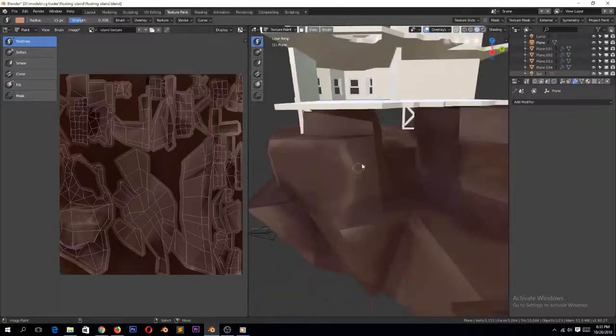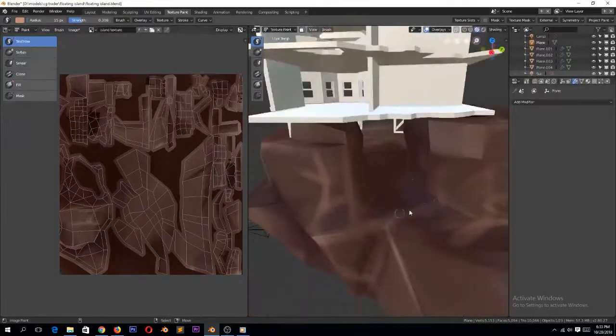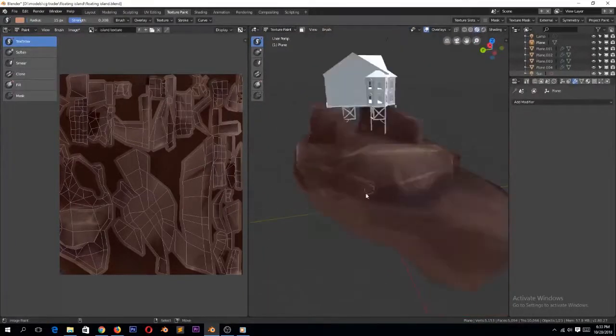And then when I wanted to paint out dark areas, I did the same, but the inverse, just using a different color with dark values. You can see,